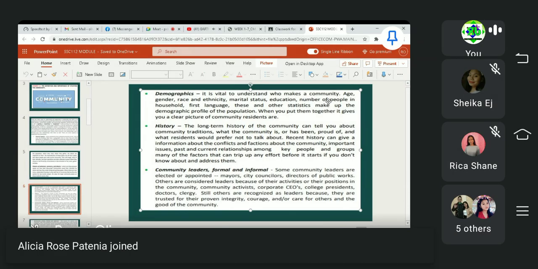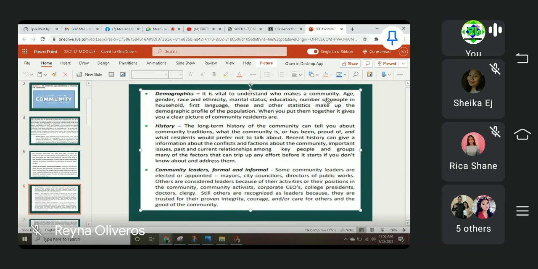Being one of the leaders, or being one of the individuals who wants to come up with community service, kailangan alam mo rin o makilala mo rin yung community leaders, either formal or informal. Pag sinabi nating formal, ito yung ikaw mismo yung pupunta doon at makikipagkilala doon sa leader, community leader, let's say barangay captain, 'di ba? Kagawad, 'di ba? Sa informal naman, magtatanong-tanong ka. Kung mayroon kang kakilala na nakatira doon sa community na yon, doon ka mag-come up ng idea,